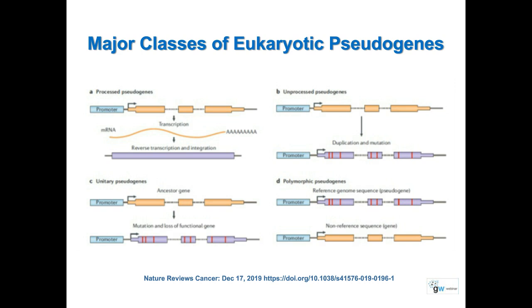But in the new sequence, what they see in the non-reference sequence, those mutations are lost. Okay, this is a new kind of category that is emerging. I think it's all because of the next generation sequencing data that is available both at the whole genome and whole transcriptome level.